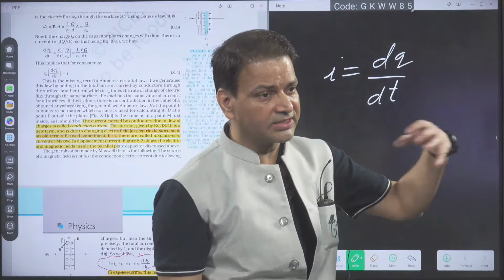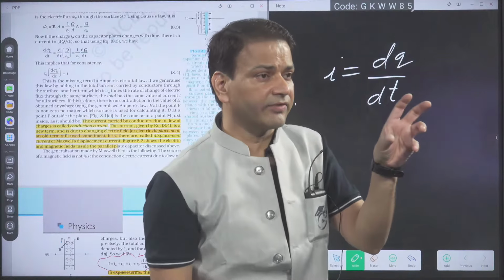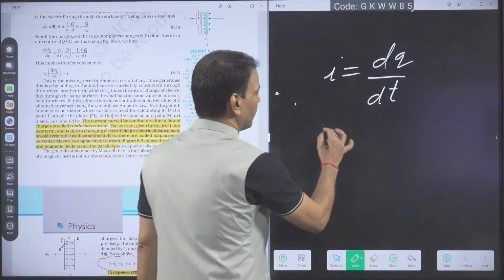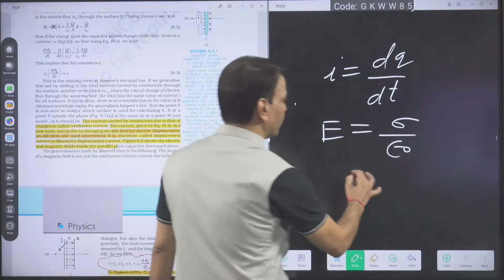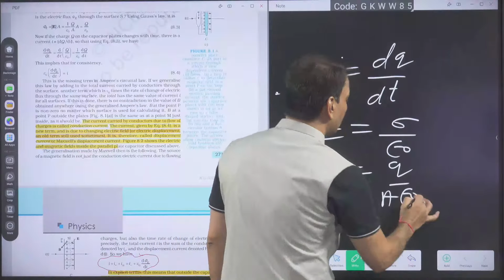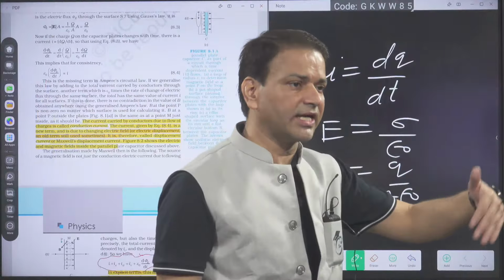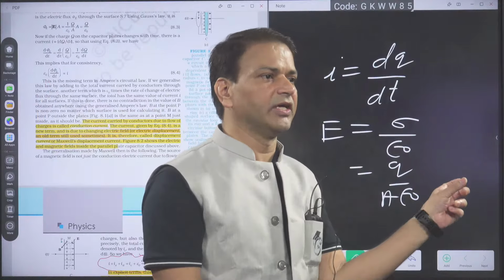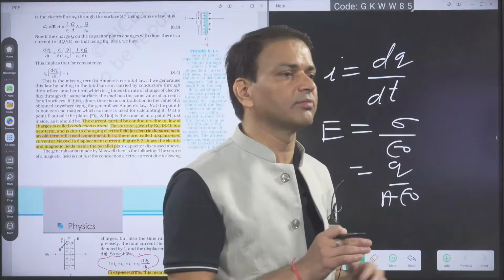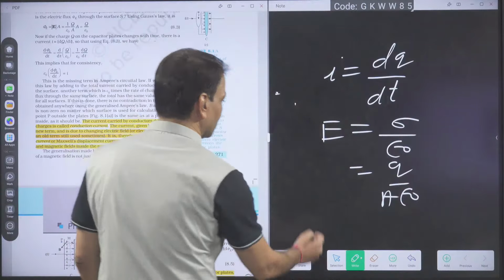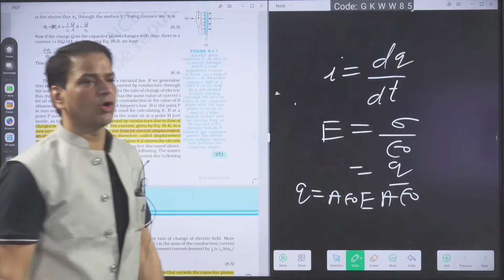As the capacitor is getting charged, the charge on the capacitor is changing. As the charge is changing, the electric field between the plates of the capacitor, what we know, E is equal to sigma by epsilon naught. Sigma I can say is Q by A into epsilon naught. Now from this we can say, as the capacitor is getting charged, the charge is changing, so the electric field is changing. Then we can say displacement current will be there between the plates of the capacitor. From this you can say Q is equal to A epsilon naught into E. Then dq by dt, what will you get?